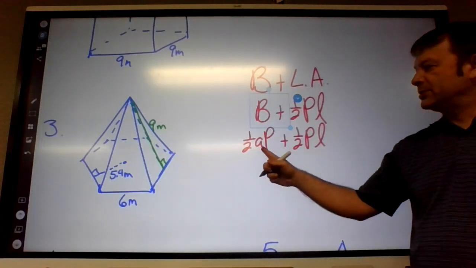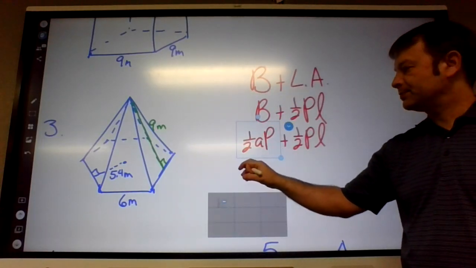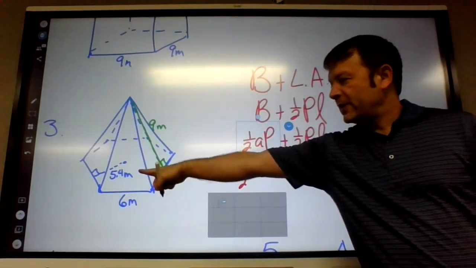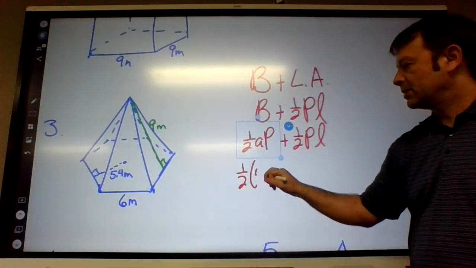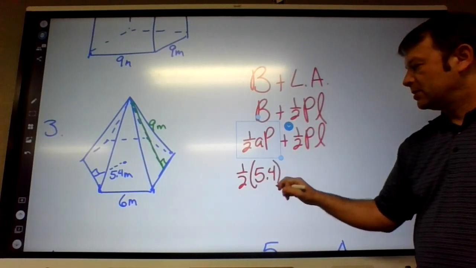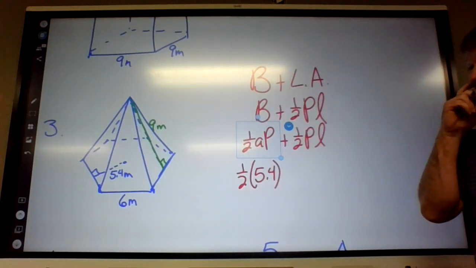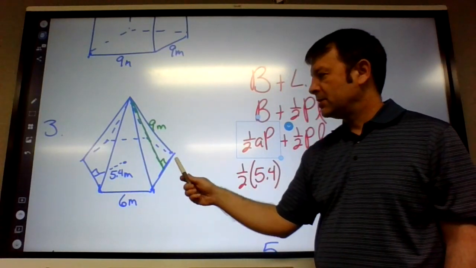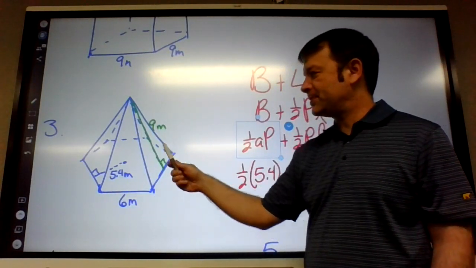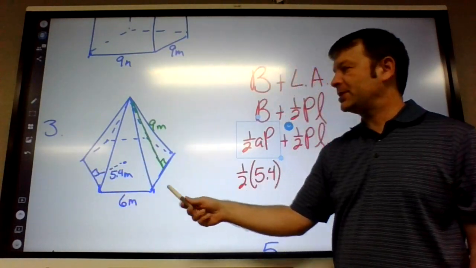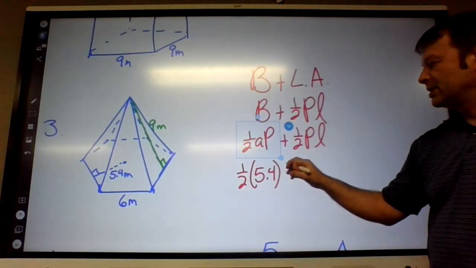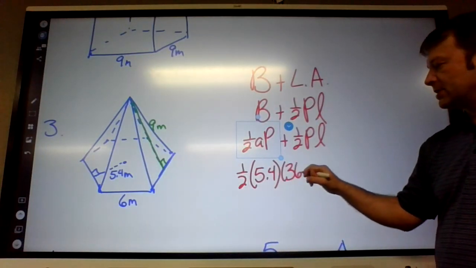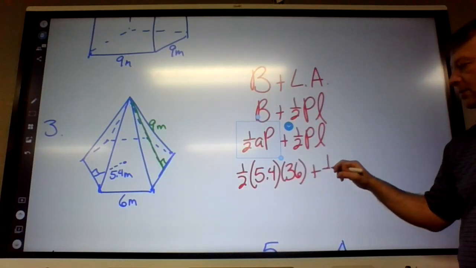Okay, what's the apothem on this problem? 5.4. What is the perimeter? Yeah, 6 plus 6 plus 6 plus 6 plus 6 plus 6, or 6 times 6, 36. Okay,